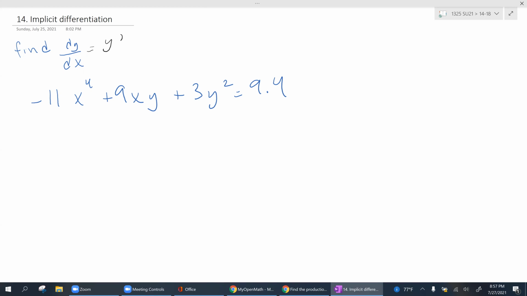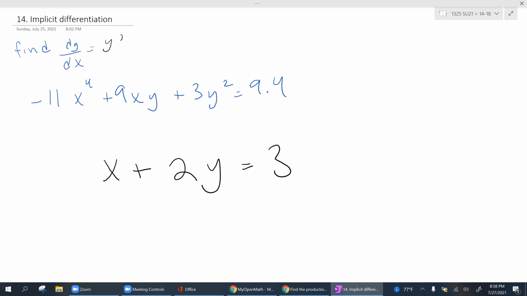And the only addition is that whenever I take the derivative of y, I'm going to always multiply by a dy dx, or in other words, add a y prime right next to it. Meaning, for example, if I had something like x plus 2y equals 3,